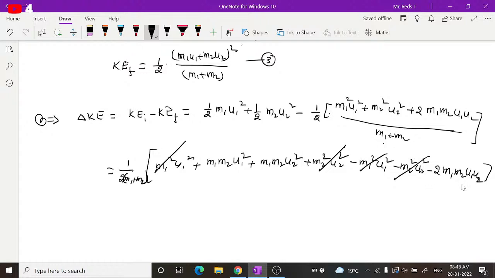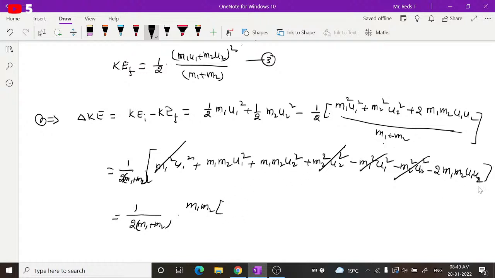Minus 2 m1 m2, minus 2 m1 m2, and this m1 u1 square, m1 m2 u2 square you will get, right? So if you observe this again here, m1 m2 will be common. So this further you can write as: this is equal to 1 by 2 into m1 plus m2 into, here m1 m2 if you take this out,